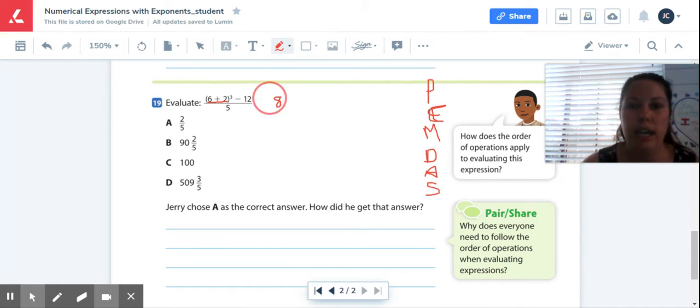And then we're going to take that answer and we are going to times it 3 times. So 8 times 8 times 8. Not 8 times 3, but 8 times 8 times 8. So 8 times 8 is 64, right? So then that means it would be 64 times 8,